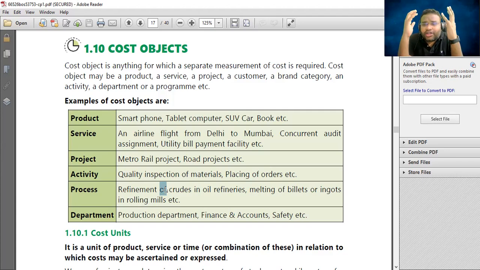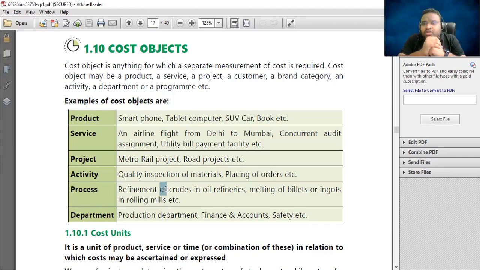So for where you want to understand a point, for which you want to know the separate cost, that is what we call a cost object. For example, let us assume that your kids are studying. A kid is studying 10th class, a kid is studying 9th class. If you want to find out the cost of this one, what is the cost of this one